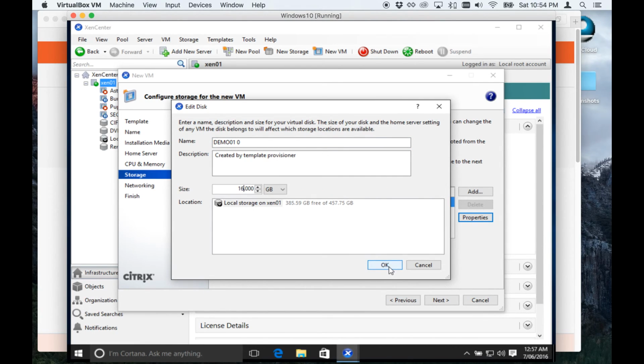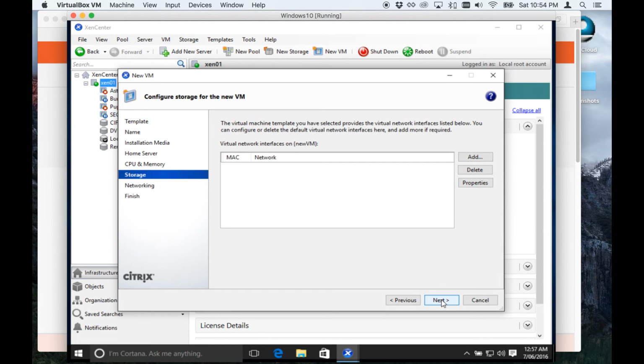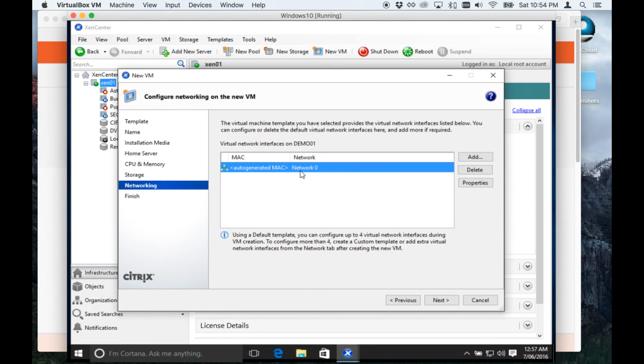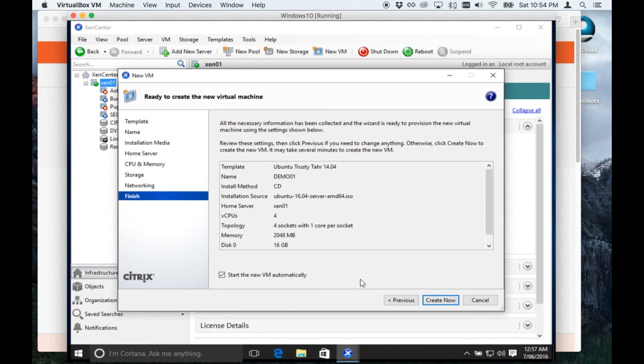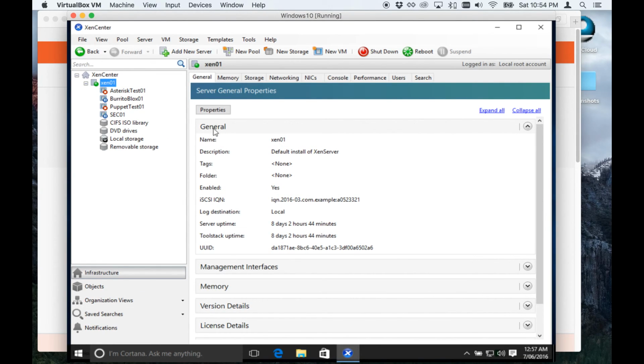16 gig is ample for the operating system, but generally you'll find down the track you may need some more space, and it's easier to allocate it initially rather than trying to go back later on. If you've got multiple networks and you only need one, you can delete any additionals here. In my server I've only got one network available. Okay, and that's it. Basically we've finished the wizard, so now we hit create and that will start building our